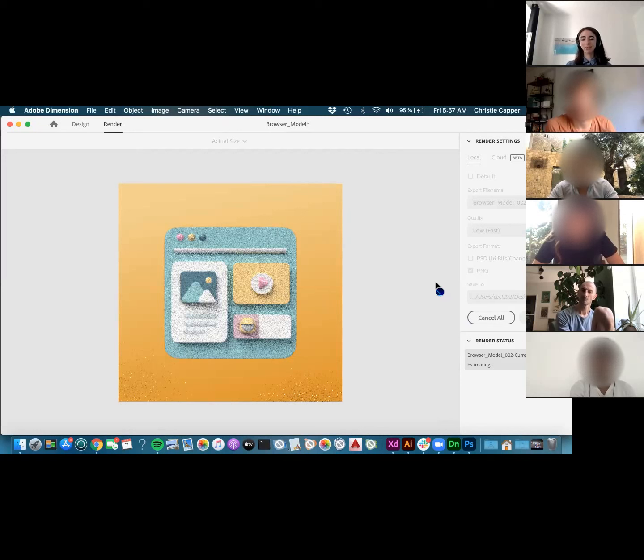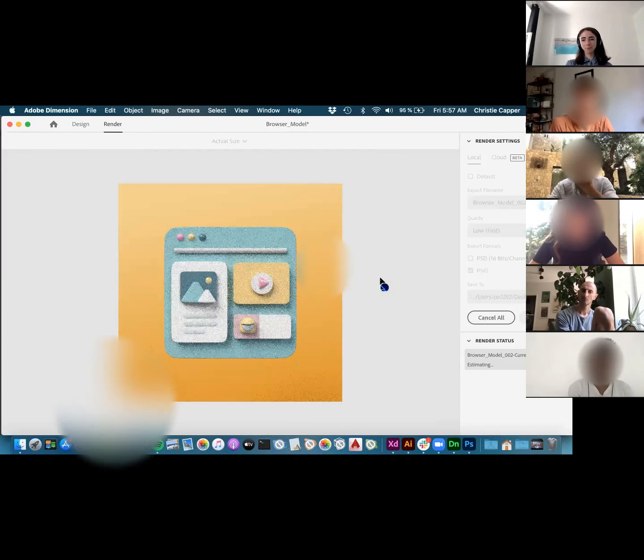Yeah, see, my computer's quite slow. It's an old Mac. But